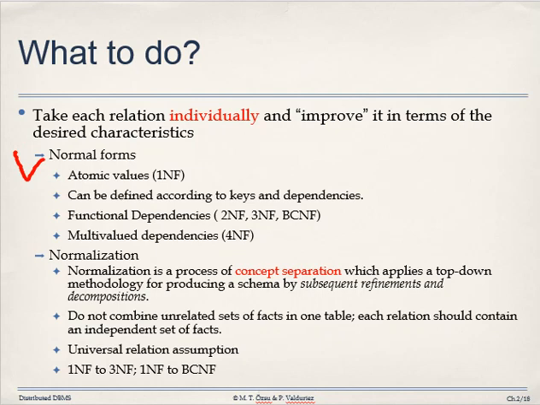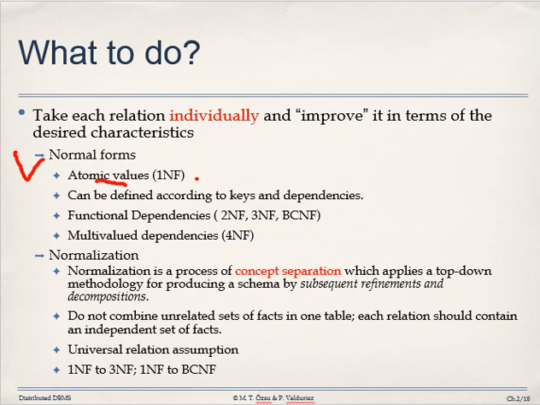So what exactly is normalization? What action is performed in the normalization process? Remember one thing: when we normalize our table, a single large table is divided into a number of smaller tables. First, in normalization we have atomic values in the first normal form. Here 1NF means first normal form, so in first normal form we should have atomic values.